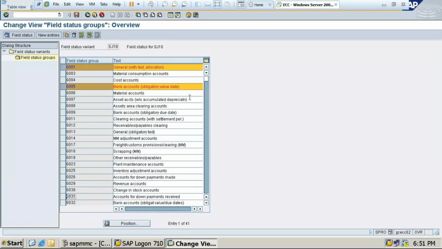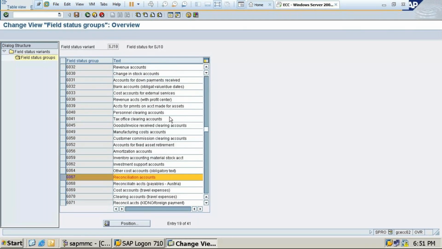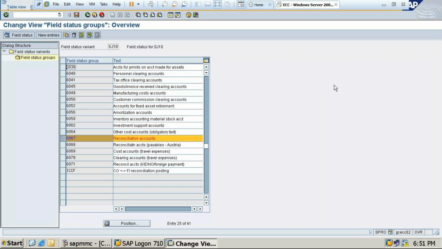Okay, done, students. Next you write G067 reconciliation account. So G067 is for reconciliation account. And one more is there, G041, that also you can write, that is for tax office clearing account. So that two and this two.